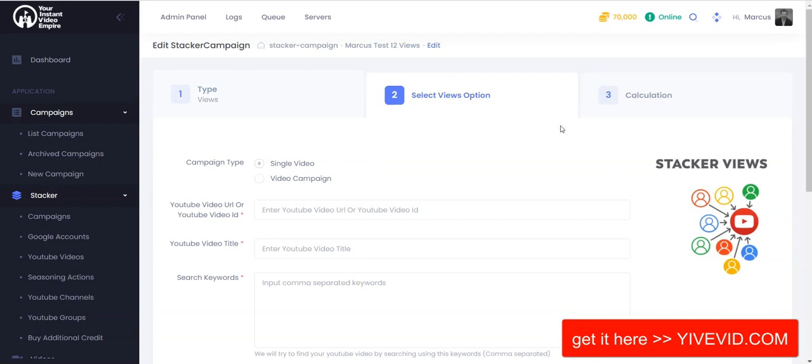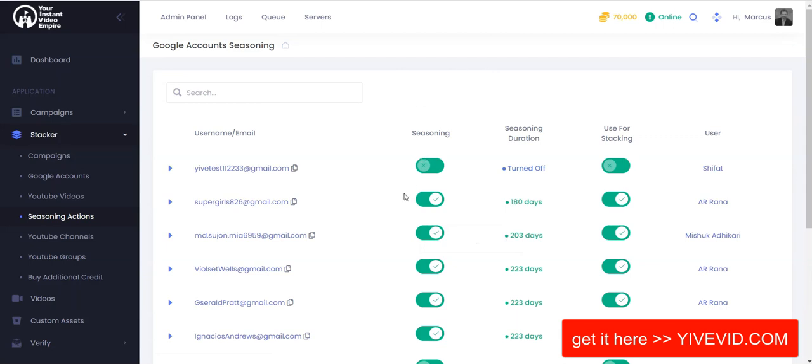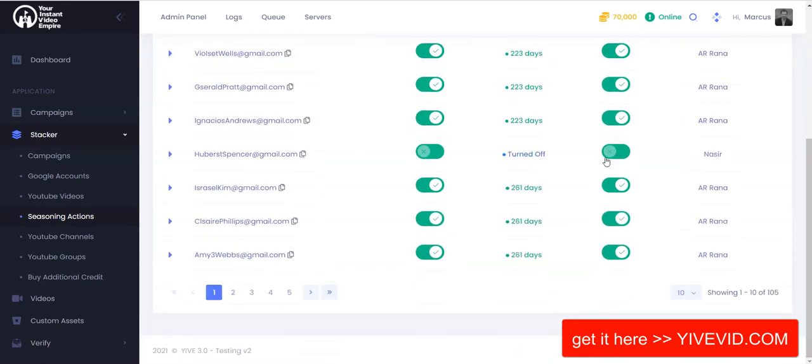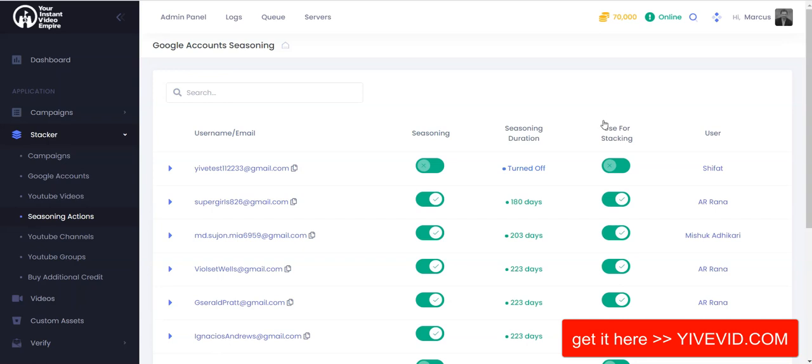Now if you do not want any of your Google accounts used for views, you will need to go into your Stacker accounts and turn them off. So that means you will go to seasoning actions, and you will turn them off here under use for stacking, so that they're not being used. And right now we don't have a bulk turn off feature, unfortunately, but we will be adding that shortly. However,